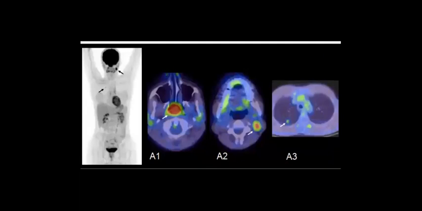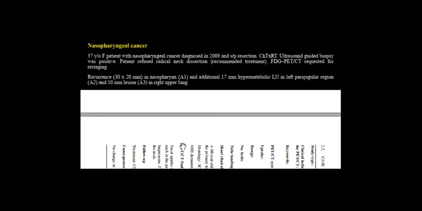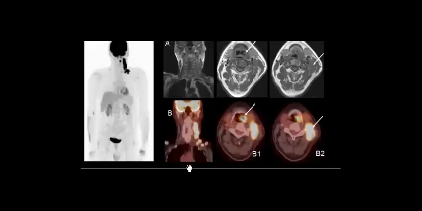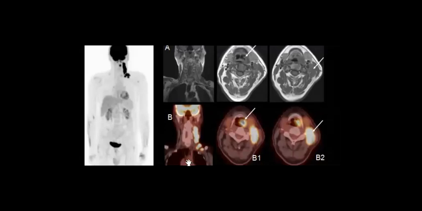We were talking about this case, and we discussed that the primary will be the nasopharynx, and it's sending metastasis to the lymphadenopathy, the lymph node in the level of the left submandibular, sorry, the left level 2, and the right upper lung, yes, right lung. So what he wants to show you here,